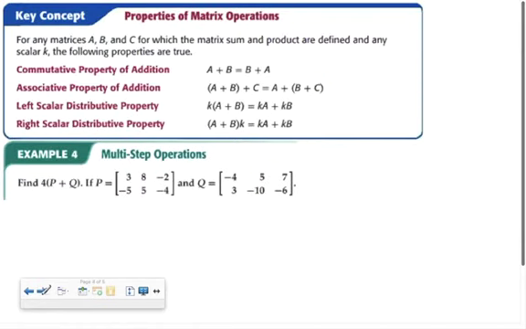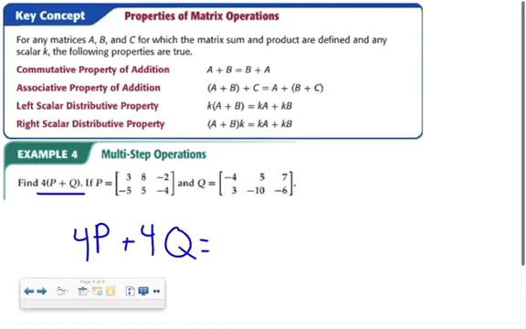The properties of matrices: if I'm adding matrix A plus matrix B, that's the same thing as matrix B plus matrix A. Commutative property of addition, same thing. I can put the scalar out in front, just like I can put it in the back, and it would still be distributing. So in example 4, I'm finding this value, so that would be equivalent to 4 times matrix P plus 4 times matrix Q, which